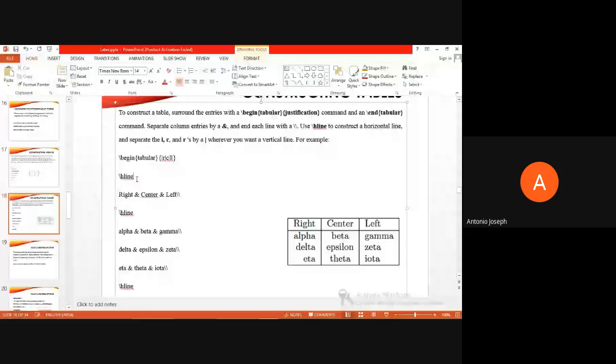Each column is separated by vertical lines, and we can provide a horizontal line using the hline command for the tables.